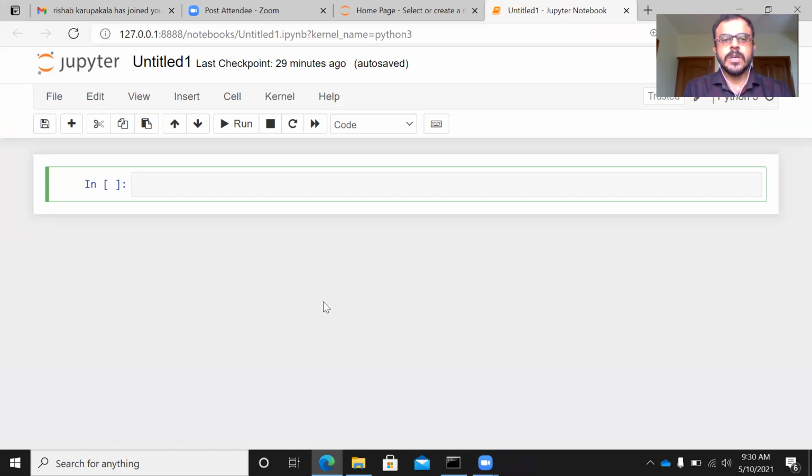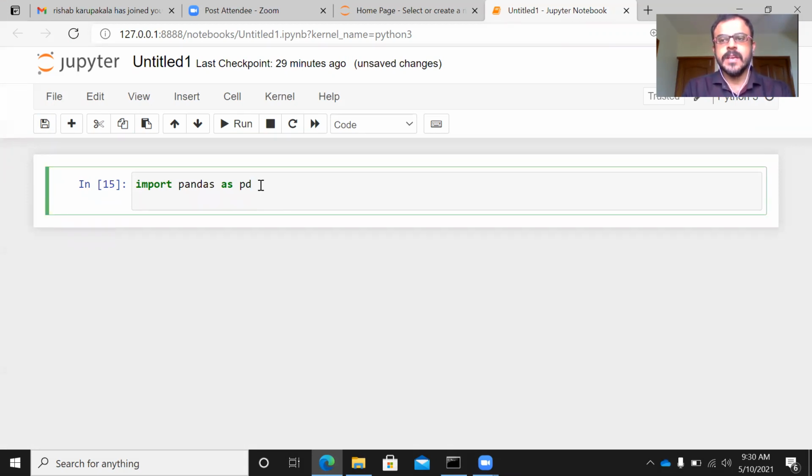I am in Jupyter Notebook. Now to import this file, you need a library called pandas. Import pandas as pd. Let me execute this query. So this imports the open source Python library called pandas. Pandas is a very popular and widely used library, particularly for data analysis, data manipulation, and sometimes even graphs. Once I import this library, the next thing I'm going to do is call a function called read_csv. This is the function that I will be using to read the CSV file from my local machine.